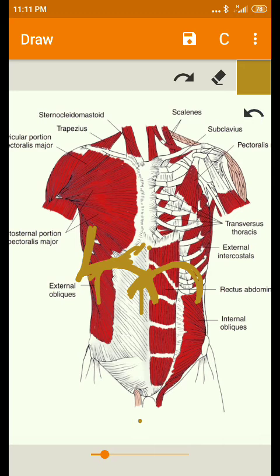So this is the first function of the abdominal muscles other than forced expiration. And the second function: the increased intra-abdominal pressure, which is created by active abdominal muscles. In the previous discussion I mentioned passive tension. Here the increased abdominal pressure is created by the active abdominal muscles during forced exhalation.